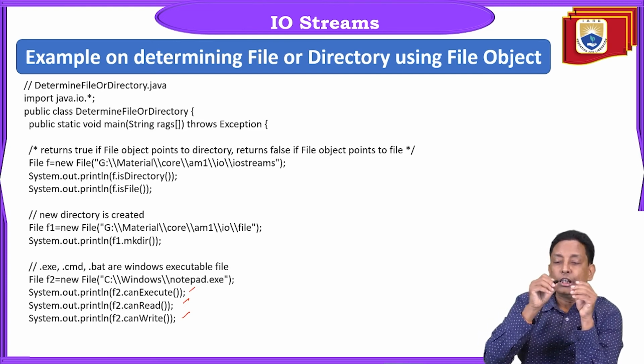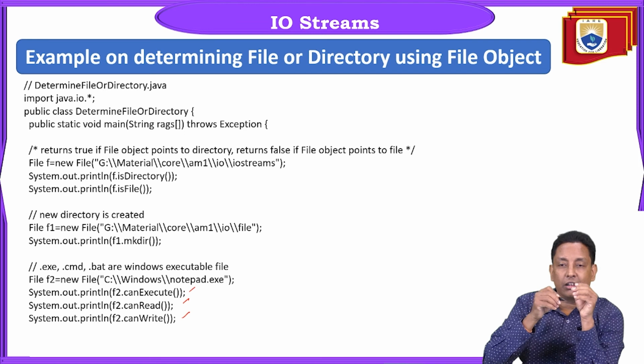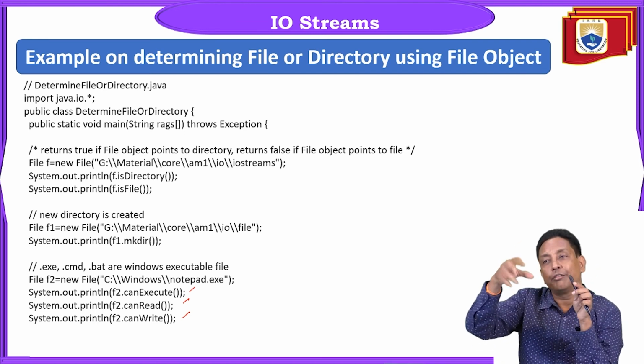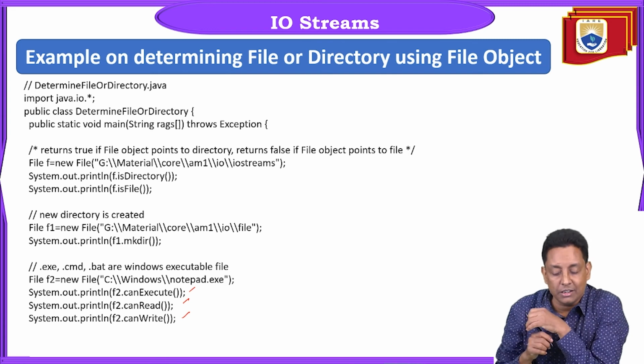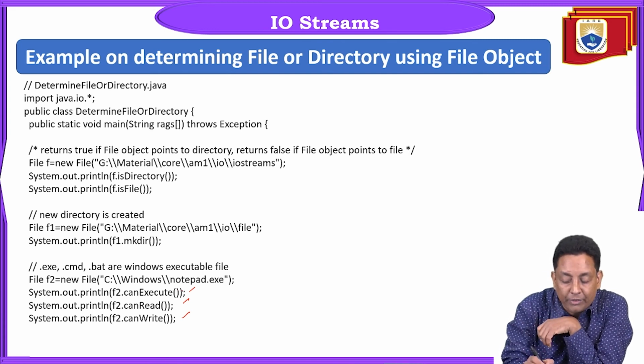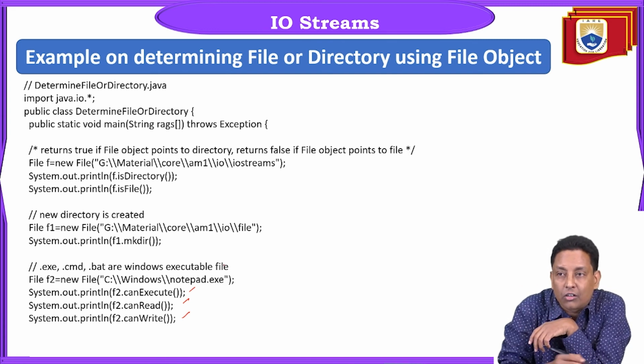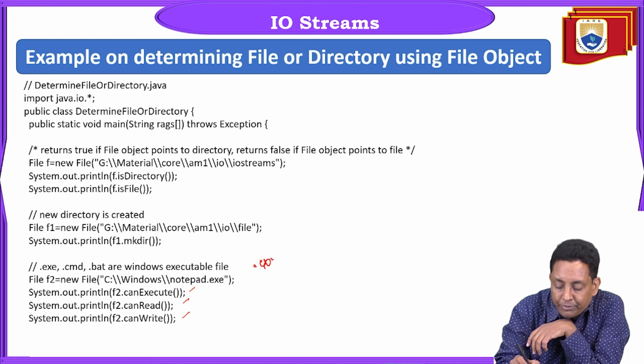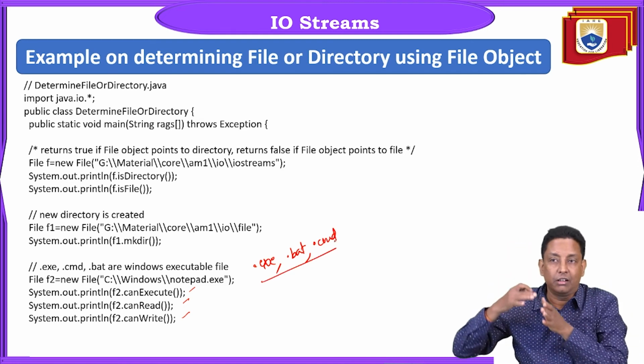If you click on read, write, hidden or archive, the file attributes will automatically change. The same thing we are doing here. canExecute asks whether it is an executable file or not. .exe,